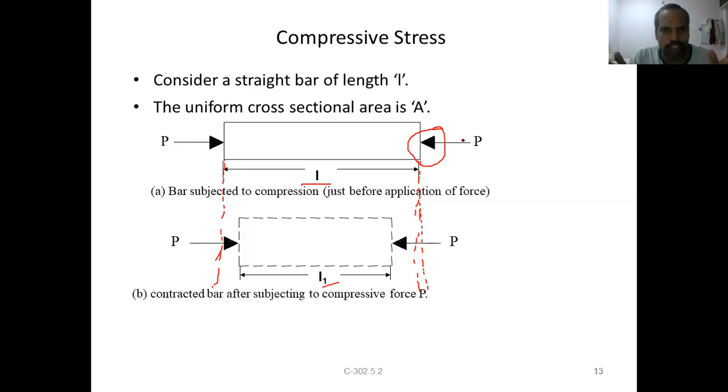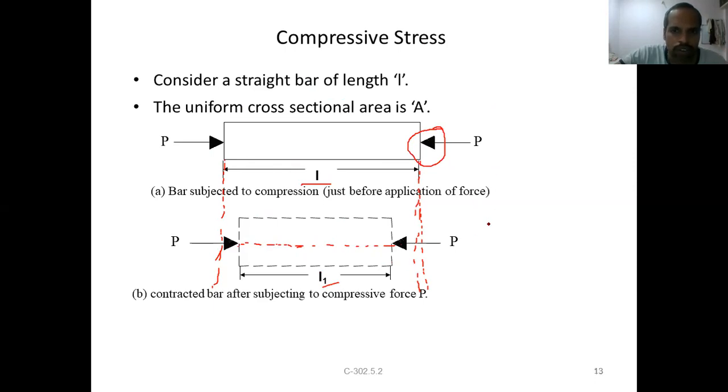If you see along the length direction, along the direction of the load, the original length, the initial length, is L. The final length is, let us say, L1. Is it decreased or increased? Yes, it is decreased because of this force. This is again an axial load, like a uniaxial load. Along the axis of the member the load is acting, and because of this push, a decrease in length takes place.